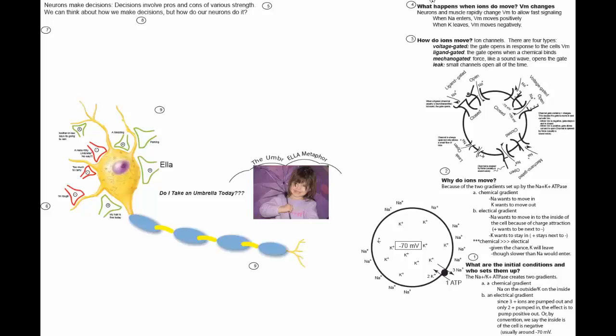The reason I call it the umbrella metaphor is because whether you're aware of it or not, each time you hear rain, your brain has to make the decision of whether you take an umbrella or not. And what I really want to get at is that's what neurons do, they make decisions. But before we get into that in too much detail,